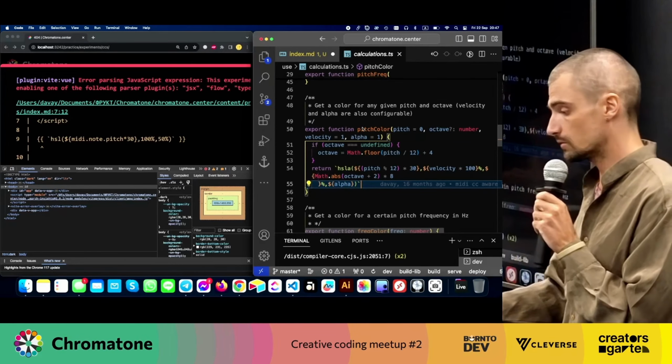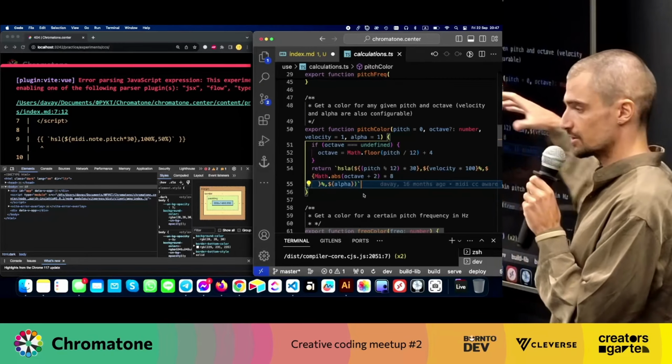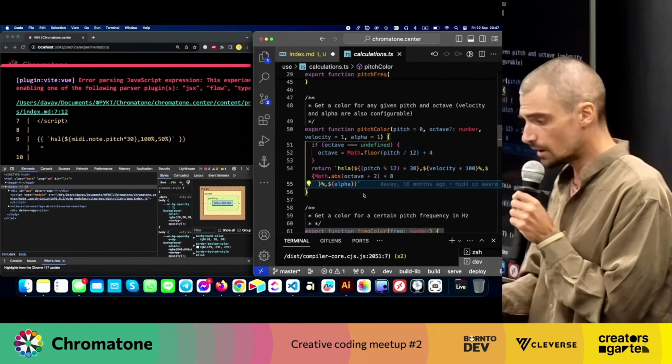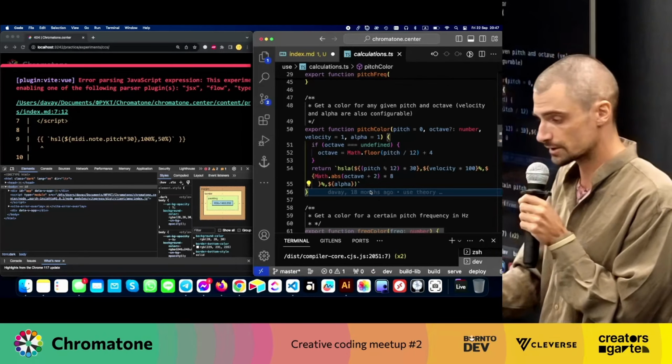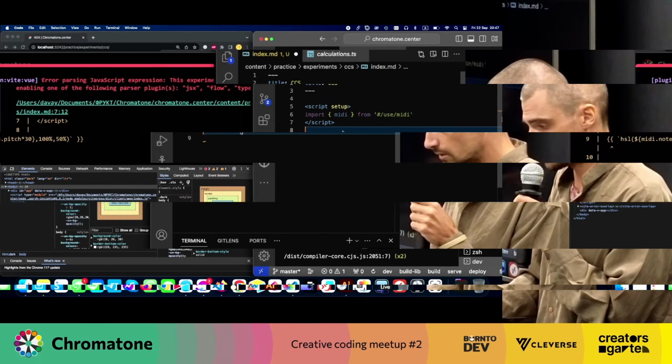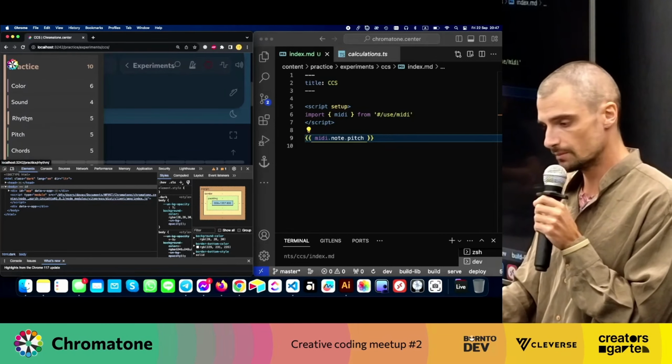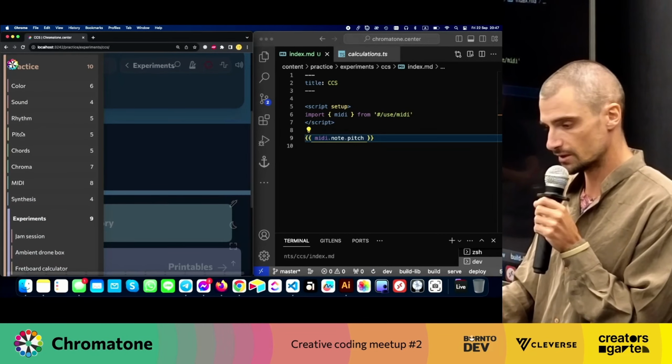And alpha. So this is the core function in the whole system. Except when we use these adjustable colors. But yeah, I can show you all the colors available just here with one